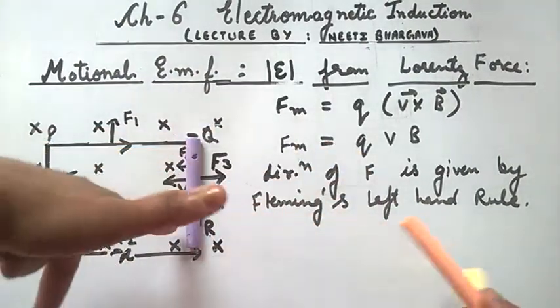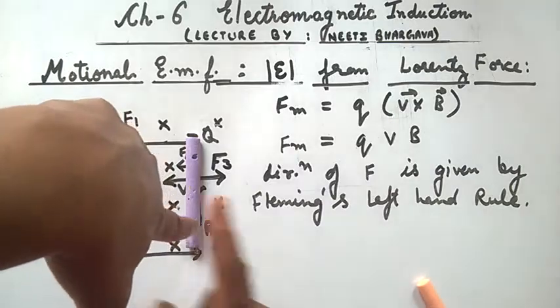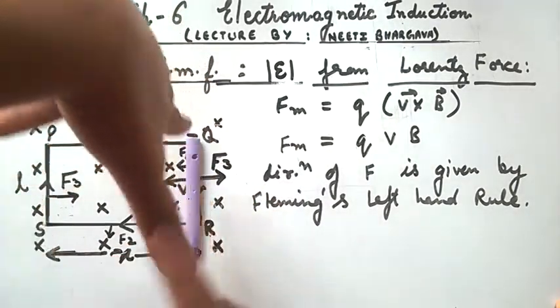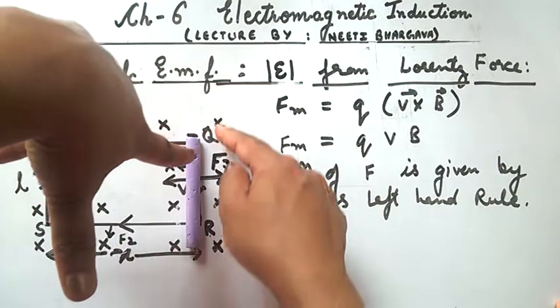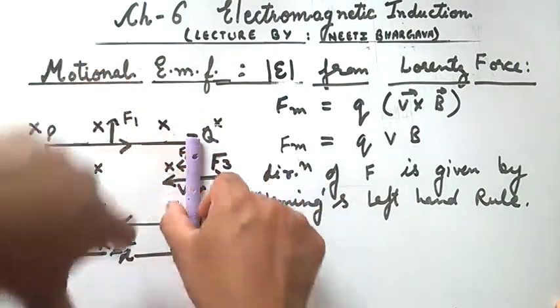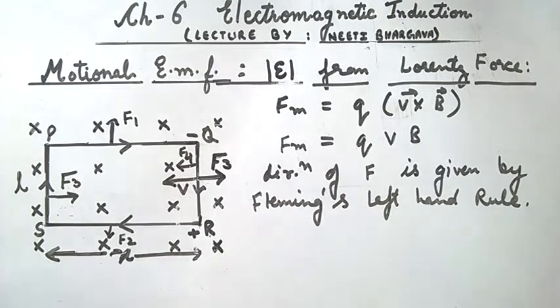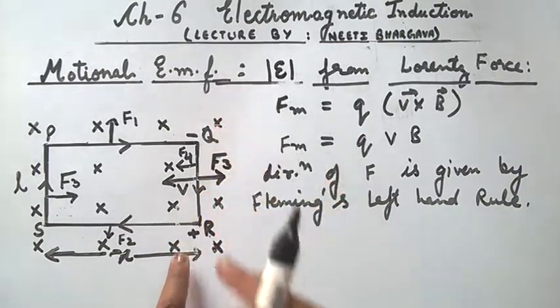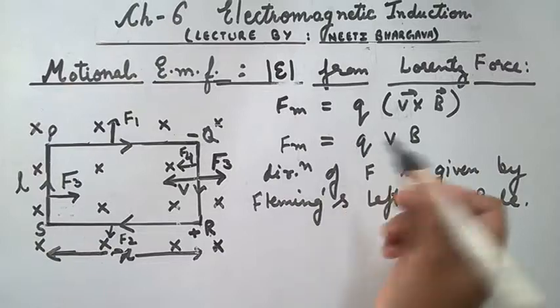We can see it in this manner. This is the direction of magnetic field. This is the direction of current. The thumb points in the direction of QR, towards R. So here the direction is along R, and if the charge is negative, its direction is opposite to that. Here we are taking any charge Q.